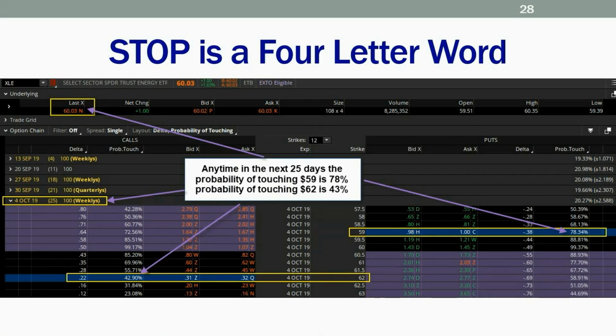Here is the example that I set up. This is the XLE. That's the energy sector. Now, by the way, I put a symbol in here like XLE intentionally because I don't want you to believe that everything has to be Apple or everything has to be the spiders. Mix it up a little bit. The XLE is a really liquid product, and there's no reason that we should circumnavigate it. It doesn't really matter what symbol is in here. It just doesn't matter, because it is what it is.